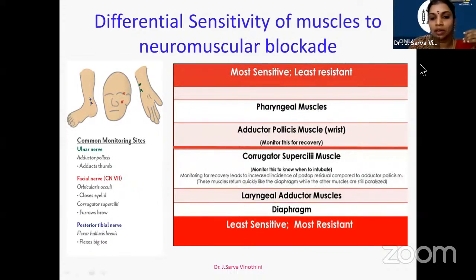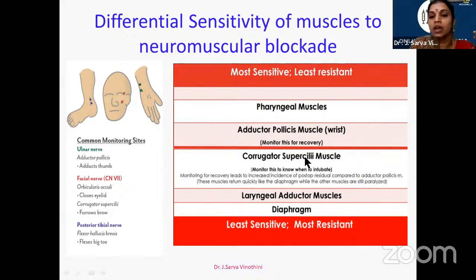So we can see here the diaphragm is the most resistant. So diaphragm is the last muscle to be paralyzed, and it's the first muscle to recover from the neuromuscular blockade. Next to diaphragm, you have the laryngeal erector muscles. Before that, you have the laryngeal erector muscle, and the muscle that closely resembles the laryngeal erector muscle is your